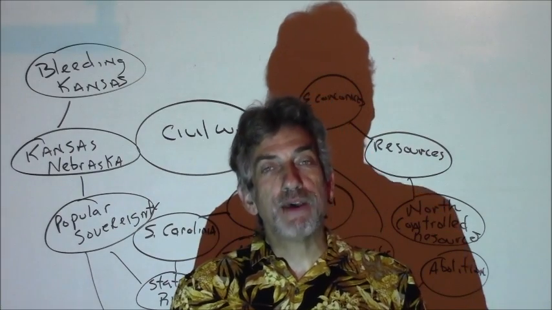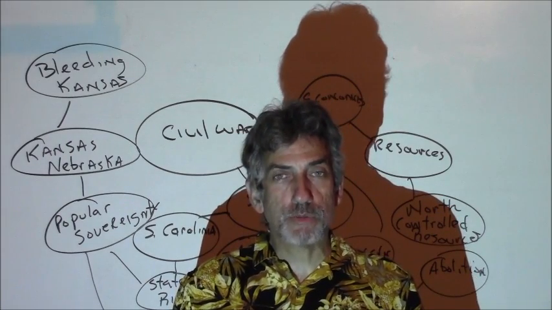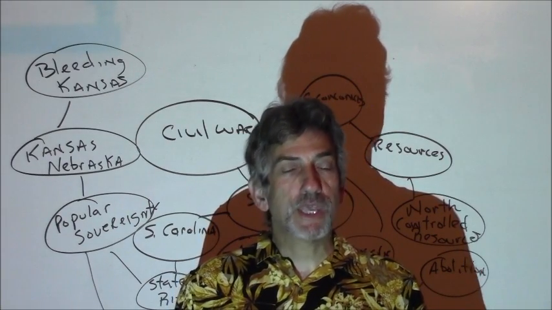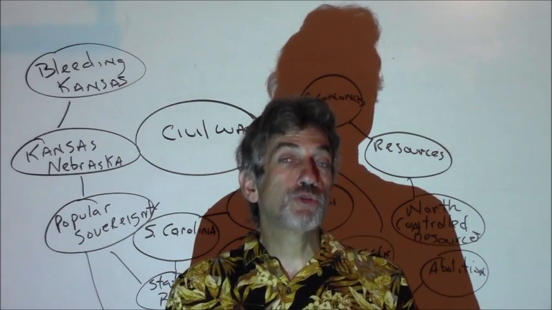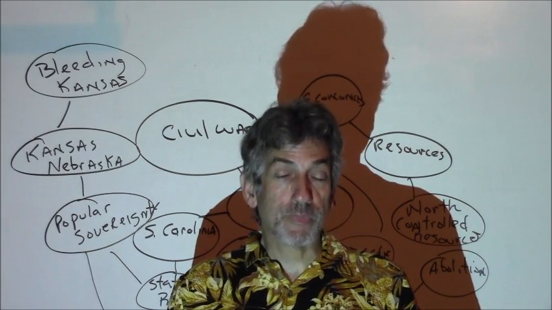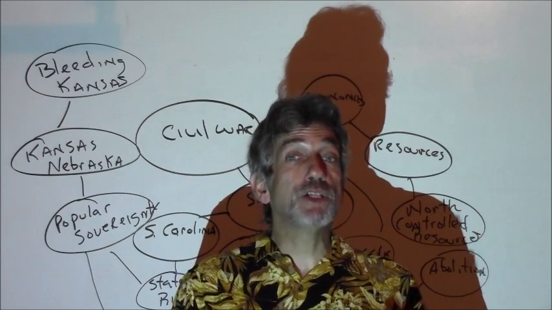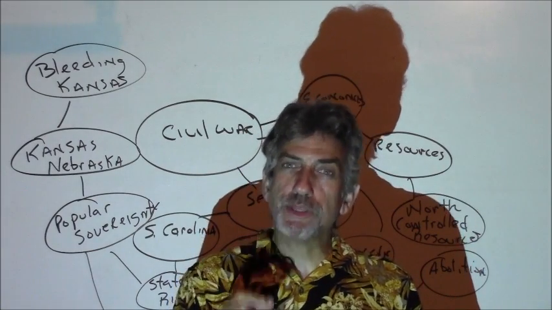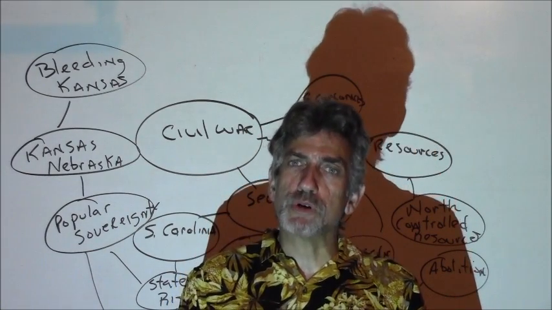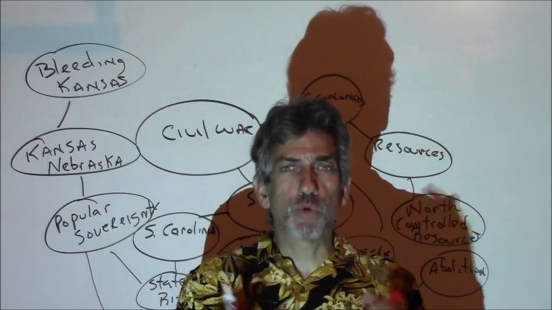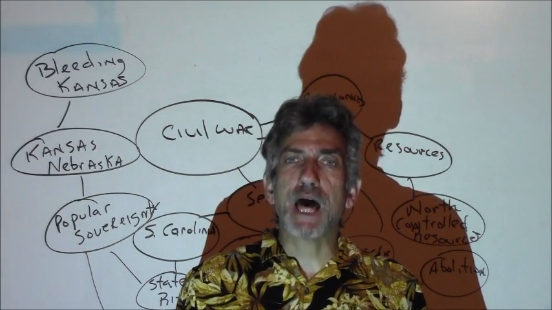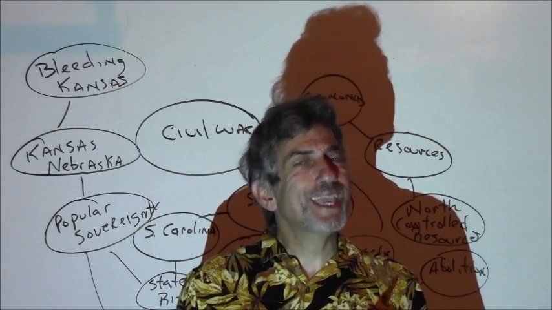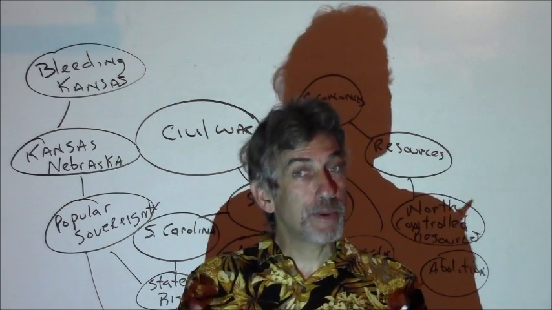Anyway, so what we have here is a look at the important people and terms of the 1850s, and an example of what I call a logic web, which is a very good way to brainstorm the causes of any larger topic. It's hard with a small topic. You can do it with smaller topics for sure. You can do it with wars easily, because wars have multiple ideas. You can do it with big economic issues in a country, but you can't do it with small ones, because small ones make up the big web.